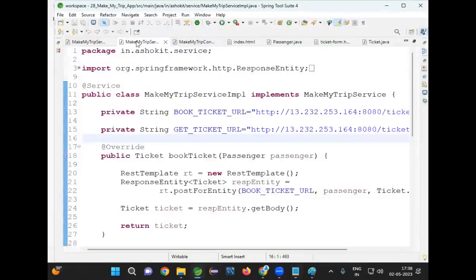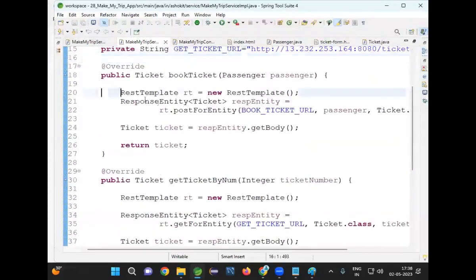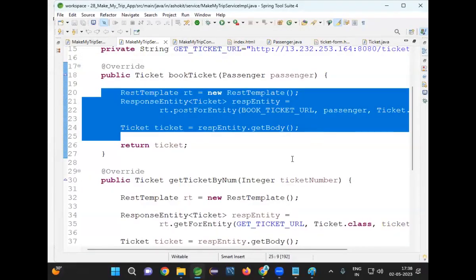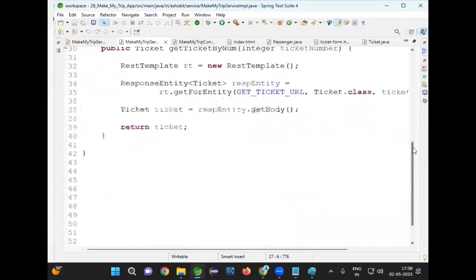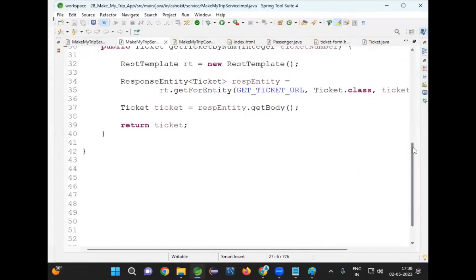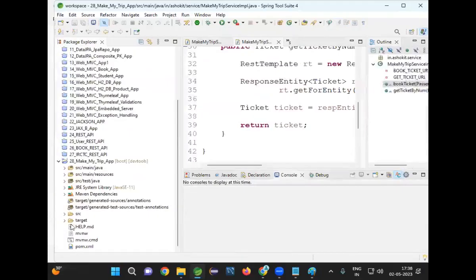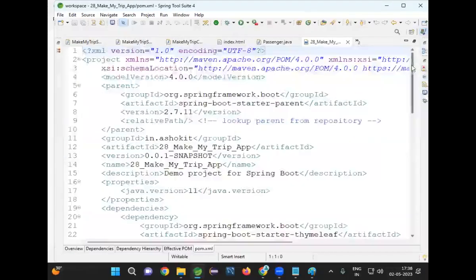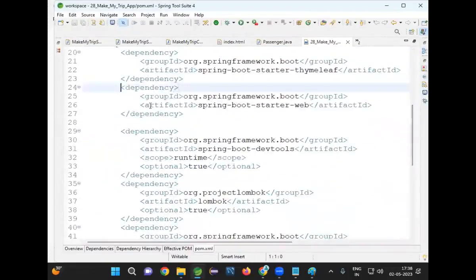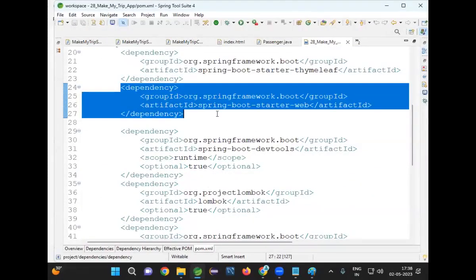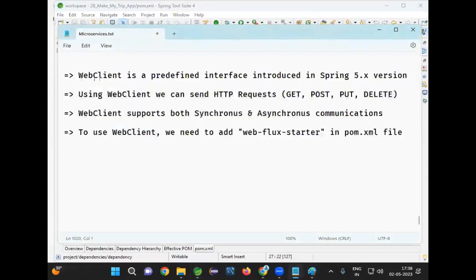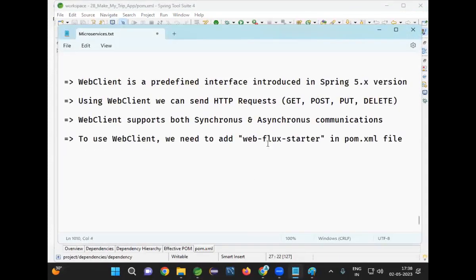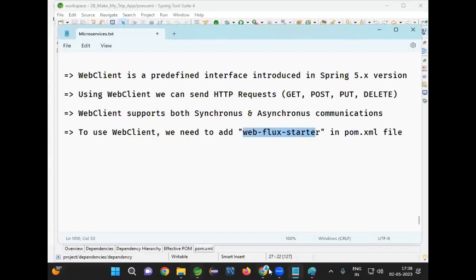Already we have a client application. In this client application, I will comment out the logic which is already available, which was developed by using REST template. The same logic I will implement by using web client now. Got it? First, let me go to the project pom.xml. Which dependency is available? Spring Boot starter web is available. But if you want to use web client, what is required? To use web client, we need WebFlux starter. So go to